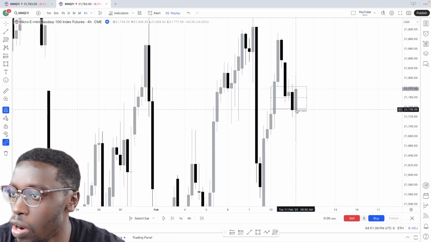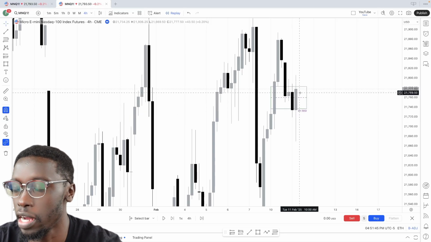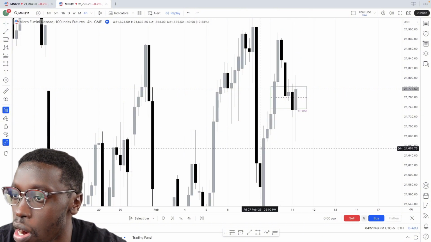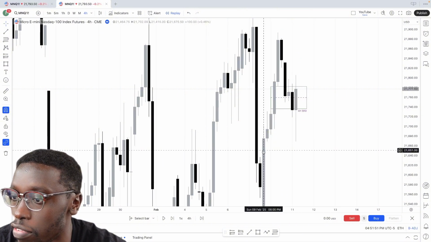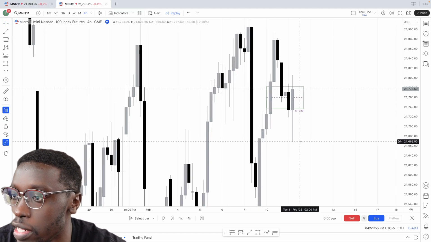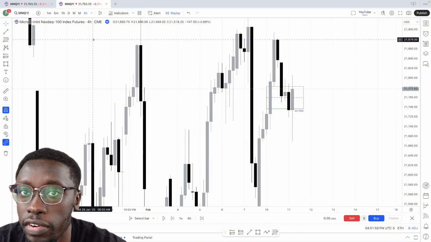We did kind of mohawk out of there as far as the close, but we did close back inside, so it was reclaimed in either case. And we also did have this 4-hour BISI that was here from Sunday night as well. We didn't quite trade into that, but we did get close to it. So if we go to the hourly time frame,